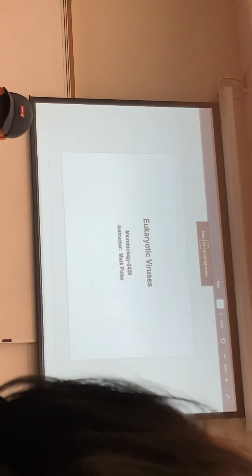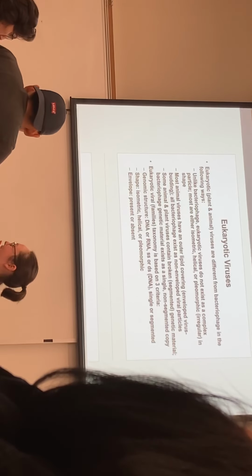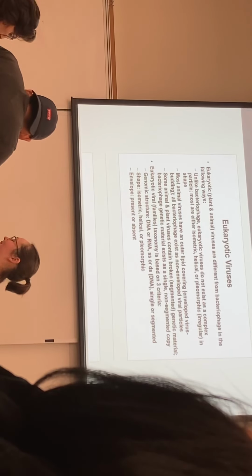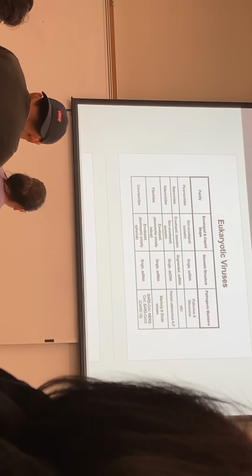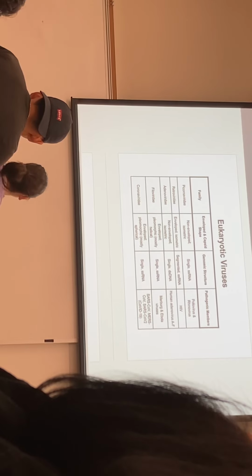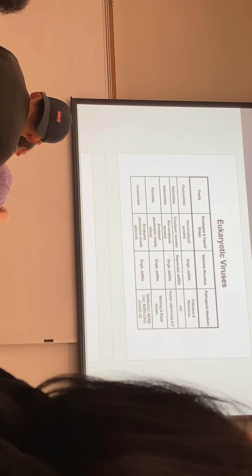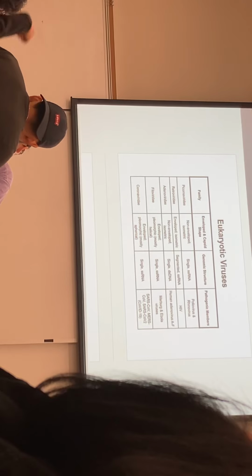Viruses part 2. This is in relation to eukaryotic viruses and how they infect humans. One of the things we talked about were viral families that viruses can be grouped into based on genomic structure, shape of the capsid, and then the presence or absence of an envelope. We did talk about 5 different families that are listed here. We went over each one of those in relation to the genomic characteristics, the shape, presence or